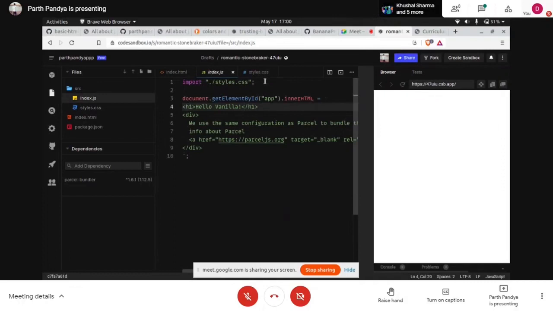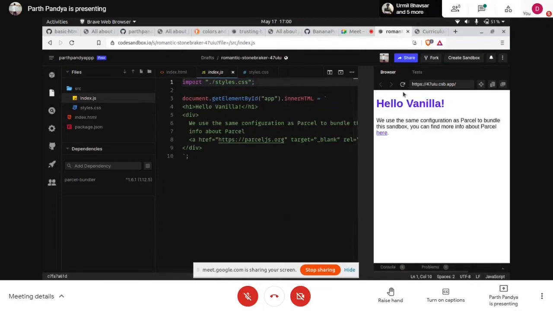As we are importing style.css here, and we also have this h1 here, we'll get to see the color blue. Say hello vanilla. It is in blue now. So we can manipulate anything, like CSS and HTML to be specific, using JavaScript.